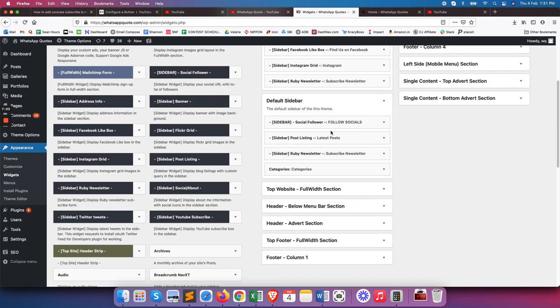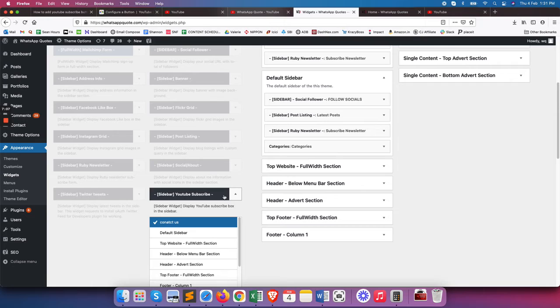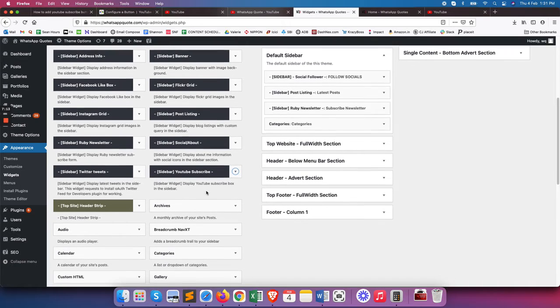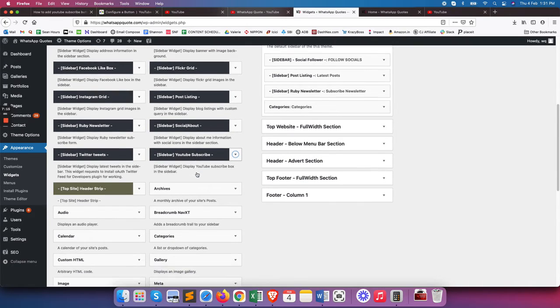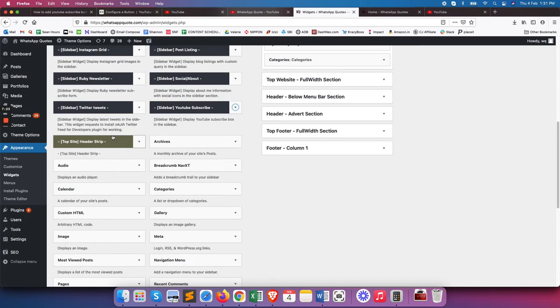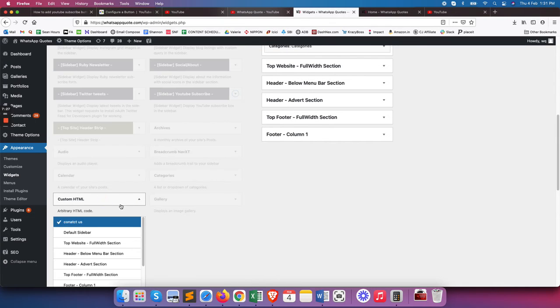So how to do that? My theme already provides a YouTube subscribe channel button, so I can do it directly here. But if the theme doesn't provide it, then you will go to the custom HTML section. Okay, you need to find the custom HTML here, which I will add to the default sidebar.